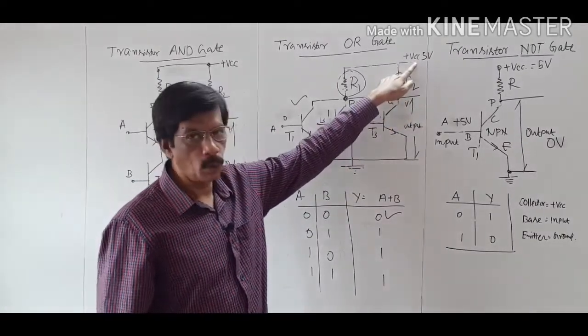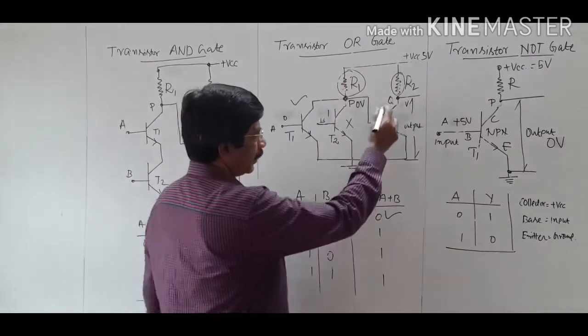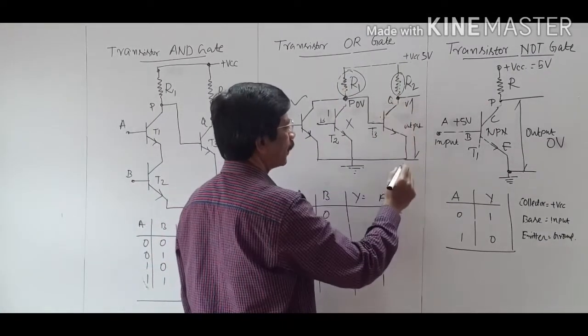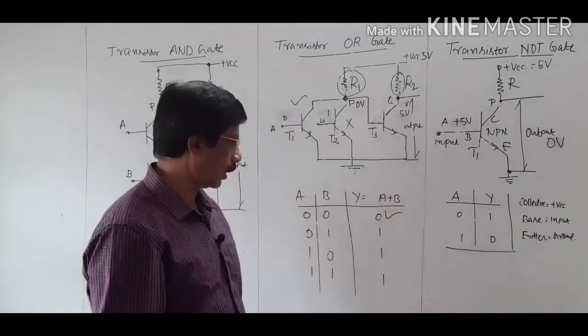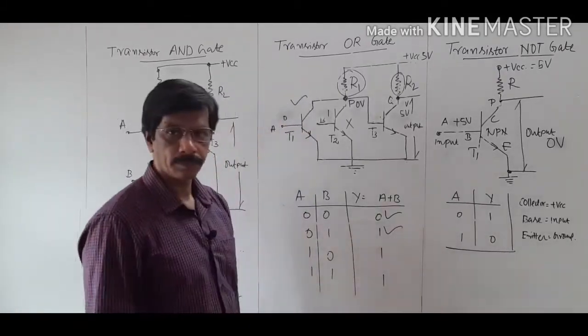The voltage 5 volt easily passes through the resistor and it exists at the point capital Q. So the voltage across the point capital Q with respect to ground is almost 5. This is logic high, logic 1, that shows the second row of the truth table.